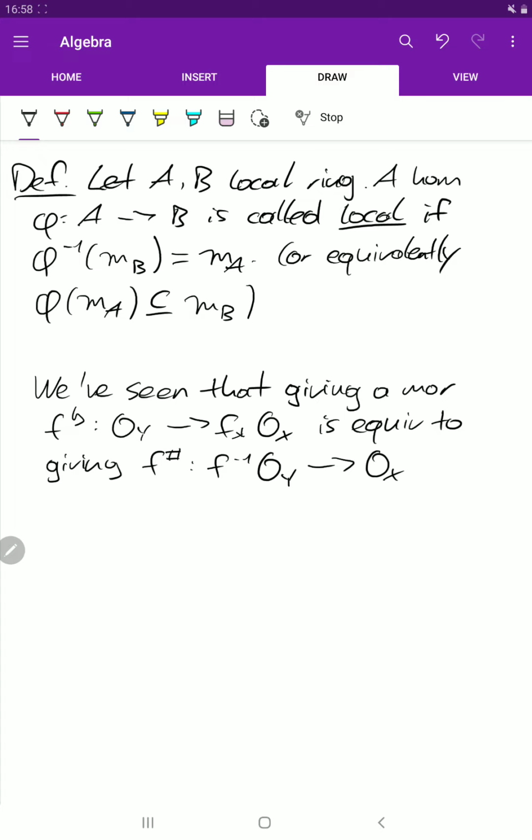Okay, and now that we have this morphism, let me remind you of something else we've seen. So we get an induced morphism on the stalks, and we've seen that the stalk is isomorphic to the stalk. I wanted to write an X here. So the stalk here is isomorphic to the stalk of the structure sheaf on the Y at f of x. So we get a morphism from here to here.